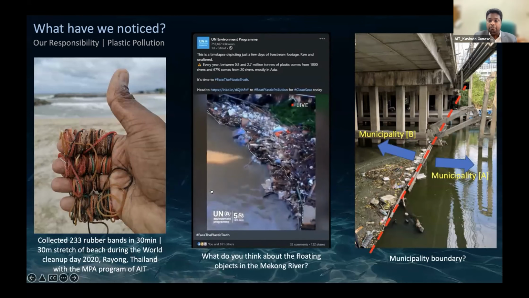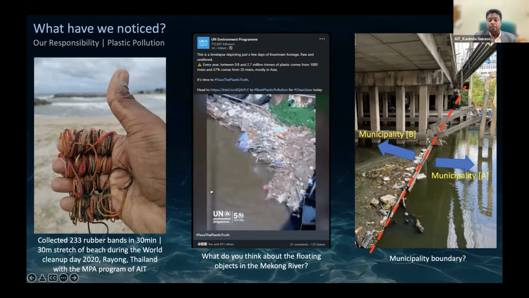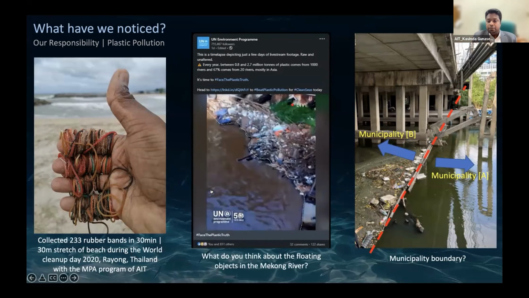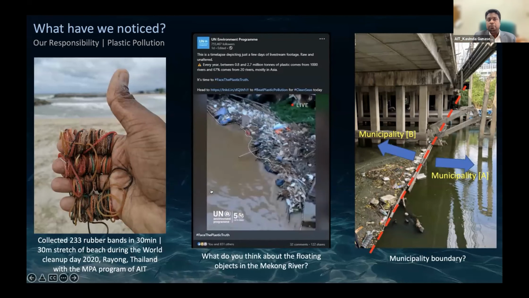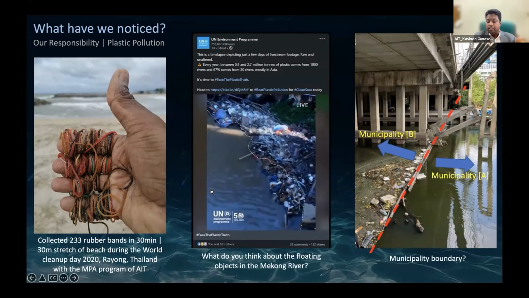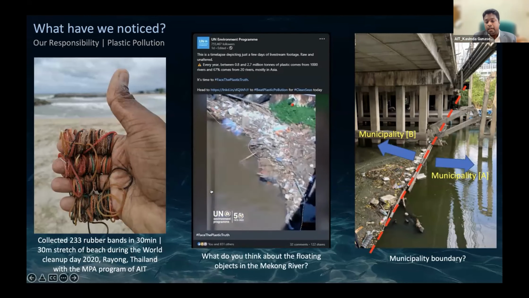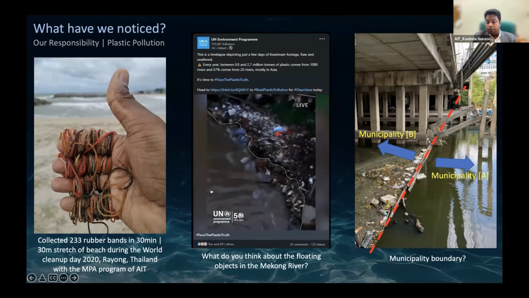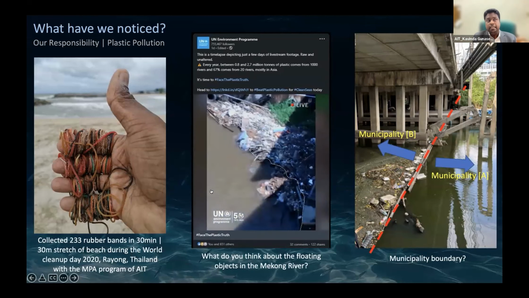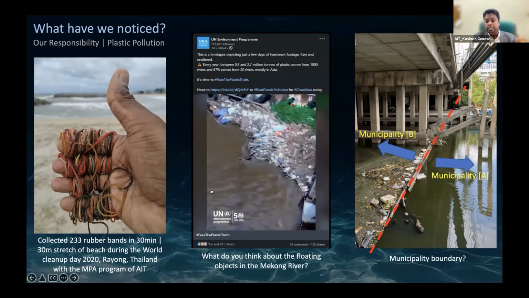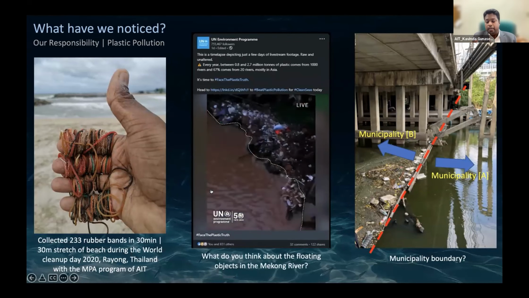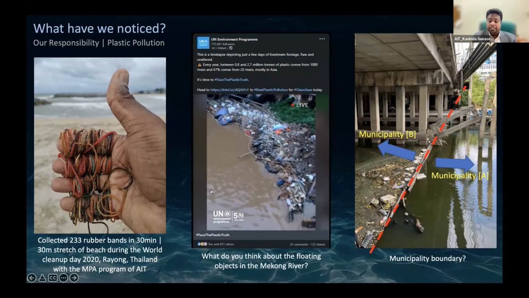It could be the effect of the wind, and there is a barrier in the middle. So to understand this situation, and also to make evidence-based policy decisions, we have to think about continuous monitoring solutions. That was the key motivation for our team to formulate our concept around digital technologies to solve this problem.